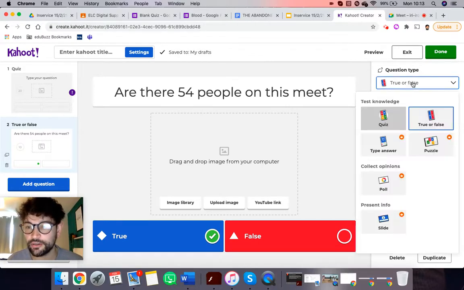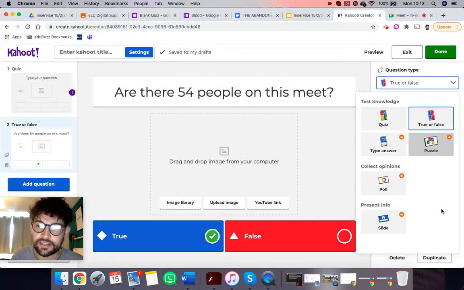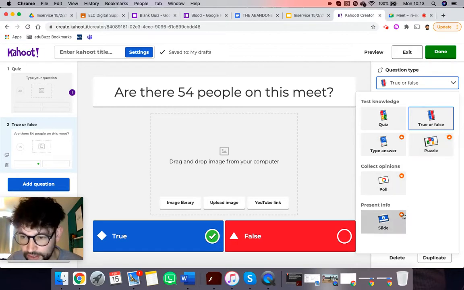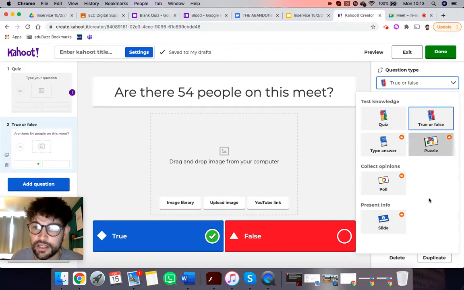There are lots of different question types. The only thing I would make you aware of is that with a free account, like all of these businesses, the free account has limited accessibility. So if you see this little crown icon, it means that it's a paid for service. So at the minute, quiz and true or false are the only ones that you can access through a free